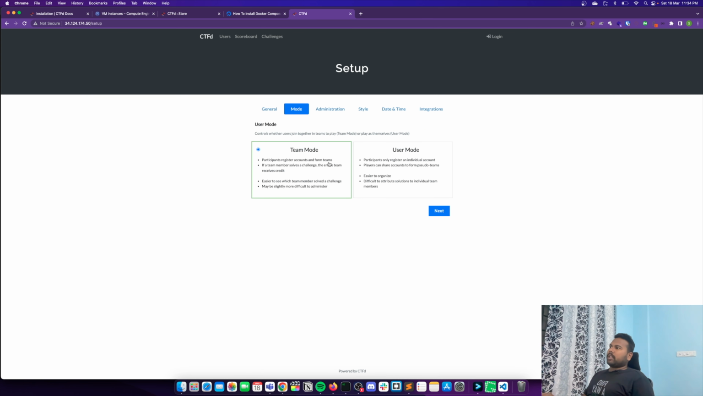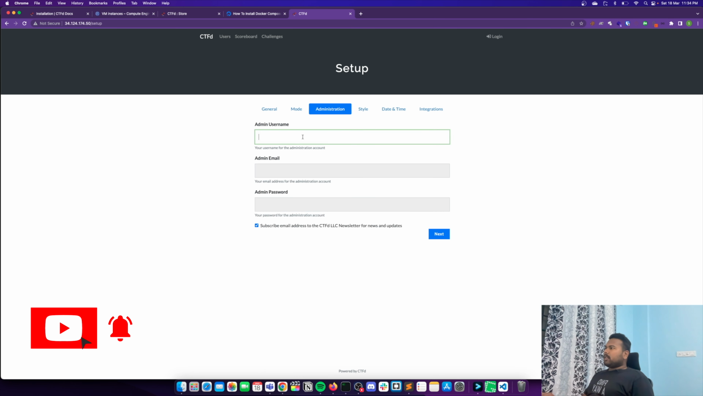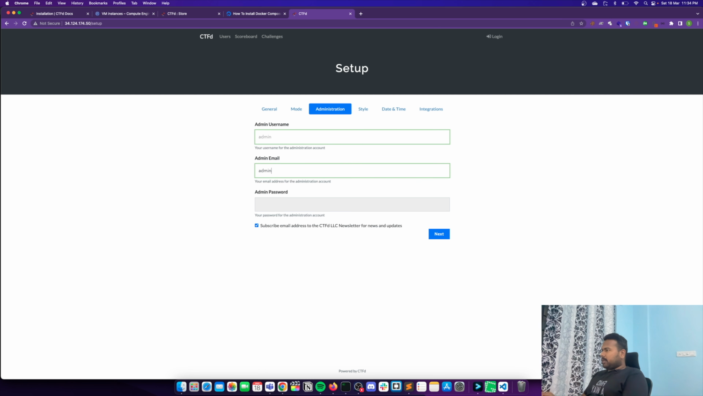So you can choose between team mode and user mode, and I'll go with user mode for now. You can also choose team mode as well. So for admin user, I'm just giving admin. The password will be admin at diviner.in. Password will be something like